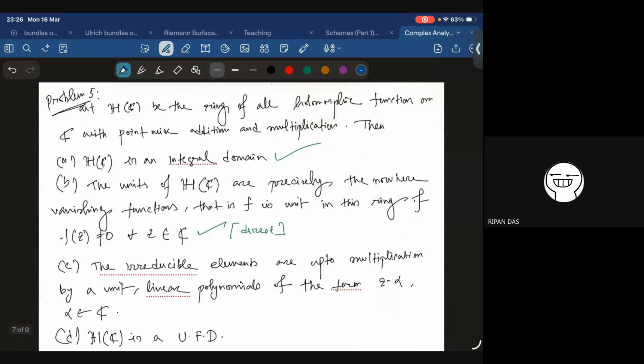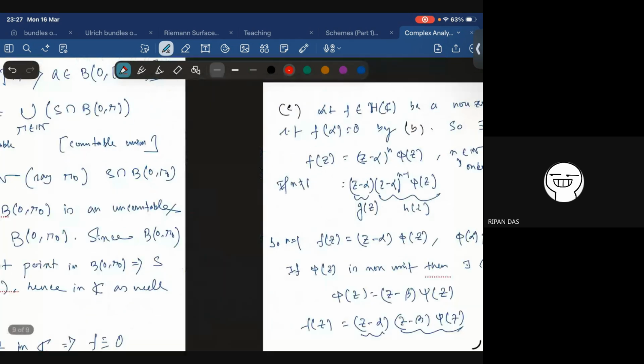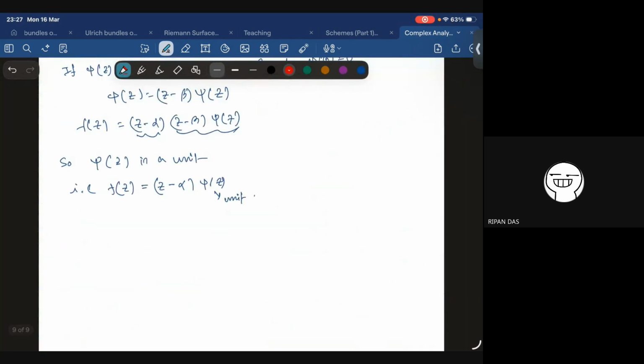Okay. But to disprove this, I mean, this part will be correct, but this won't be. Why is it not a UFD? You see, there are other types of functions as well. Okay. So